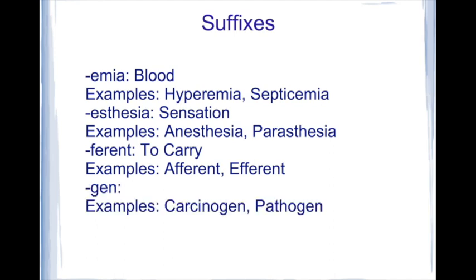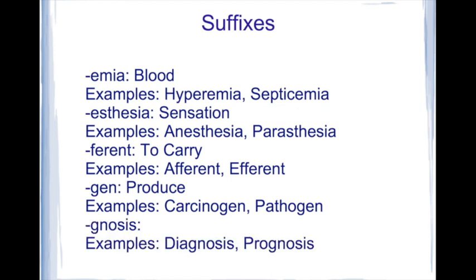Okay, gen, like carcinogen or pathogen. A carcinogen has something to do with, do we remember carcino? It means cancer. Patho means disease. Gen means produce. So these are things that produce cancer or produce disease. Something like fungus could be a pathogen in regards to athlete's foot or jock itch or something like that. Okay,